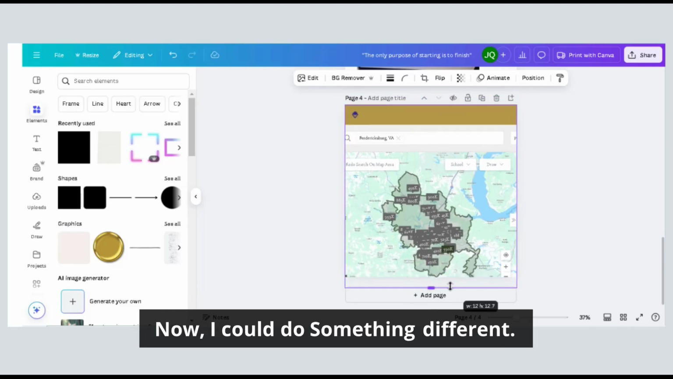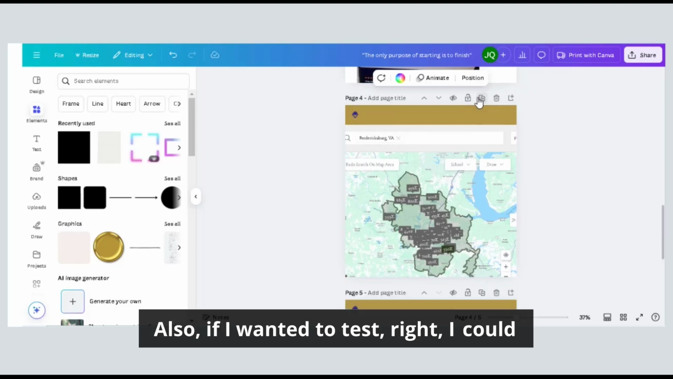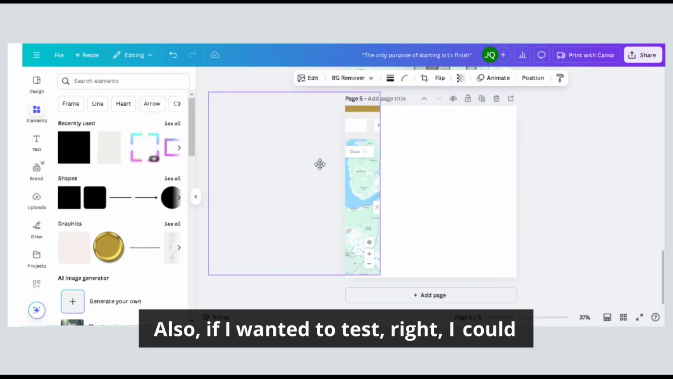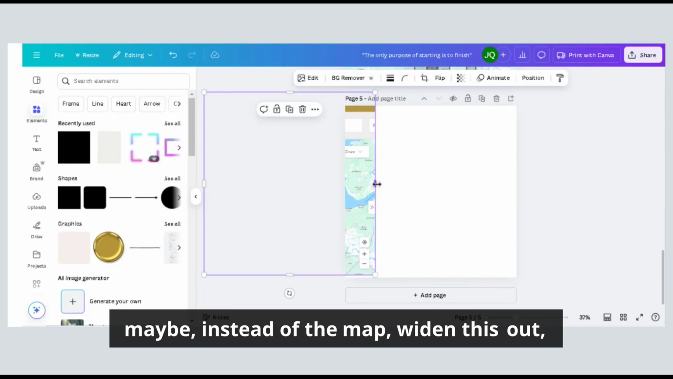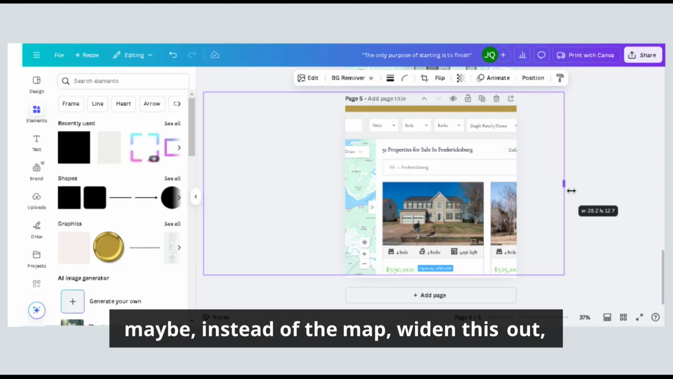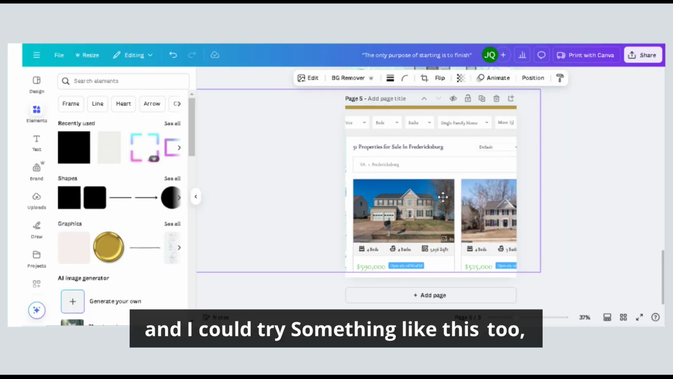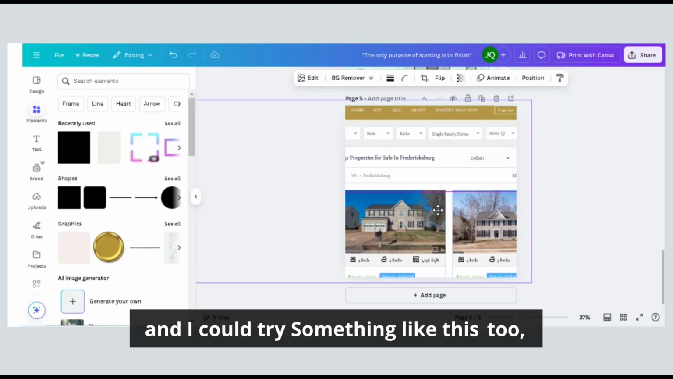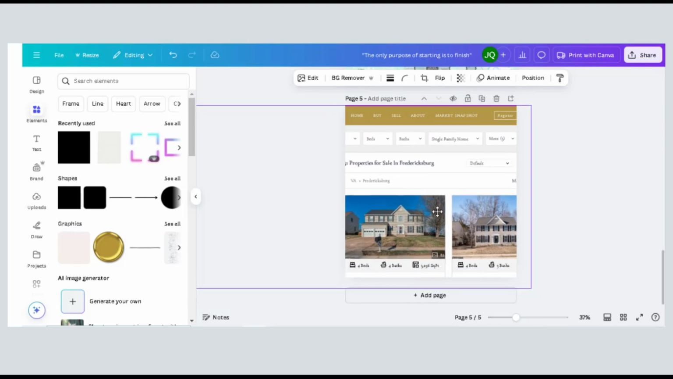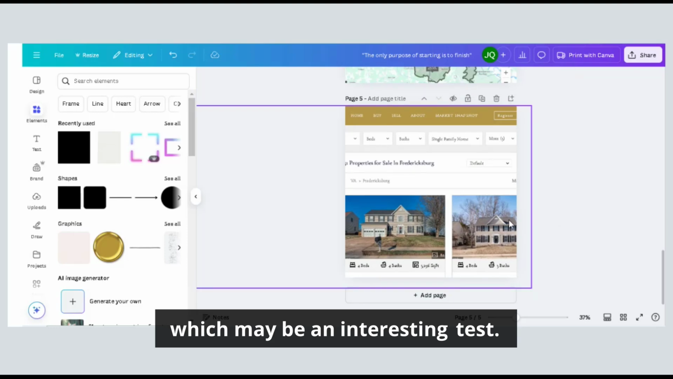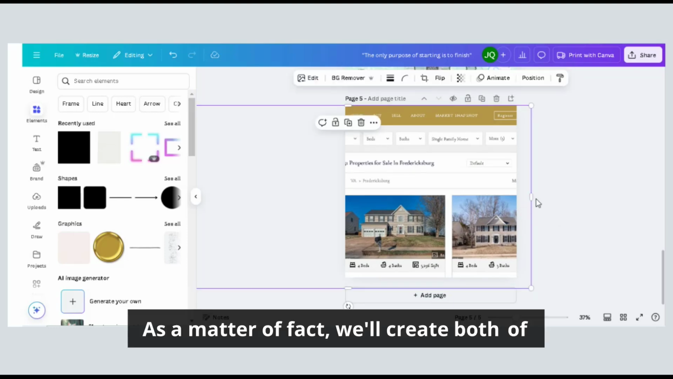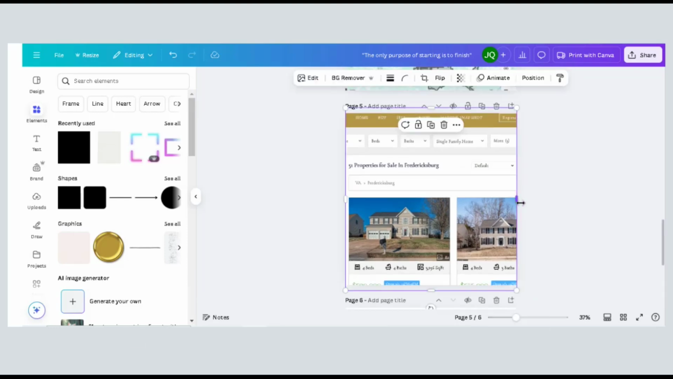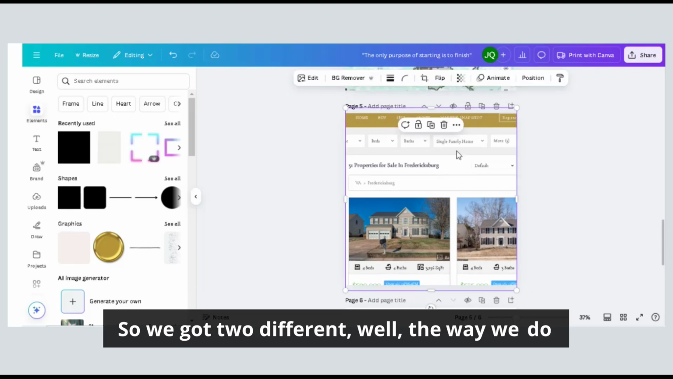Now I could do something different also if I wanted to test, right? I could maybe, instead of the map, widen this out, and I could try something like this too, which may be, you know, an interesting test. As a matter of fact, we'll create both of these. So we got two different, well, let me